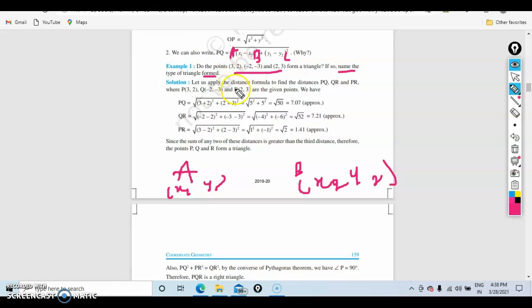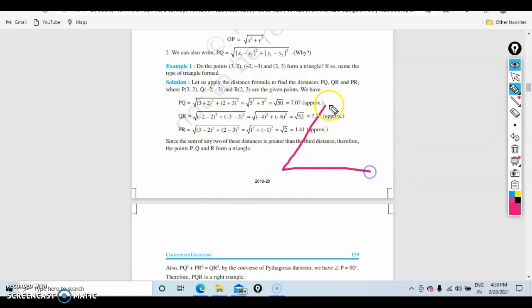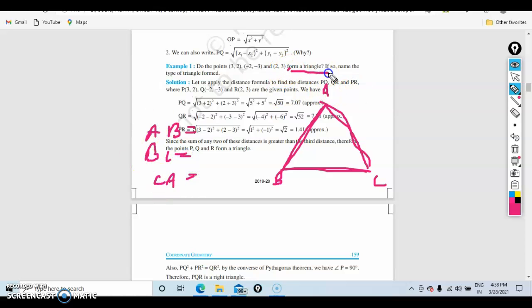It's very simple. Take two points at a time. For a triangle, how many sides do we have? We have 3 sides. Okay. So first of all A, B, C. First calculate the AB distance. Take the A and B points at a time and name them x1, y1, x2, y2. Then next BC, then next AC. So what you have to do is calculate AB using the distance formula, and next BC using the distance formula, and CA. So now they're asking whether it forms a triangle.